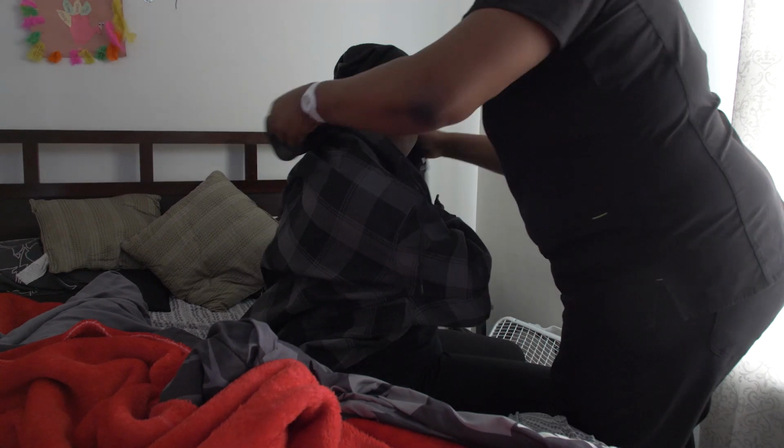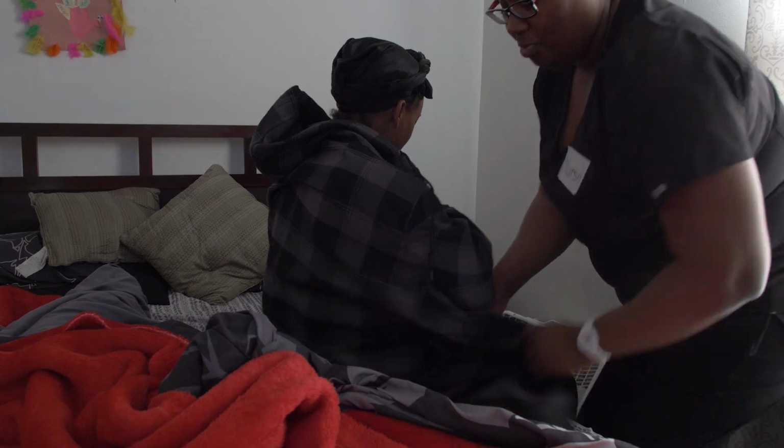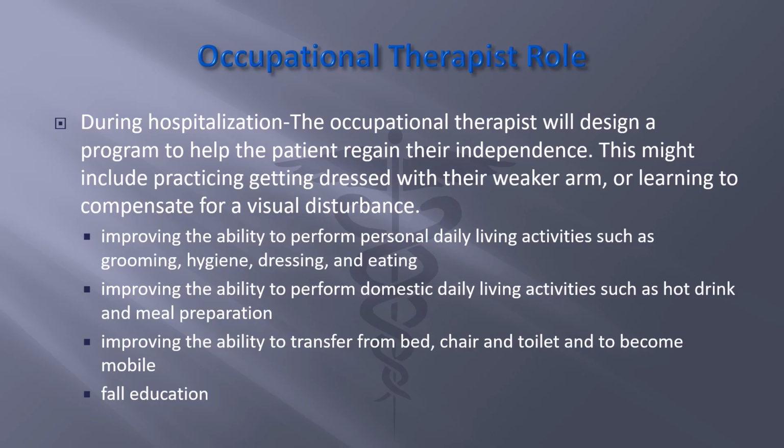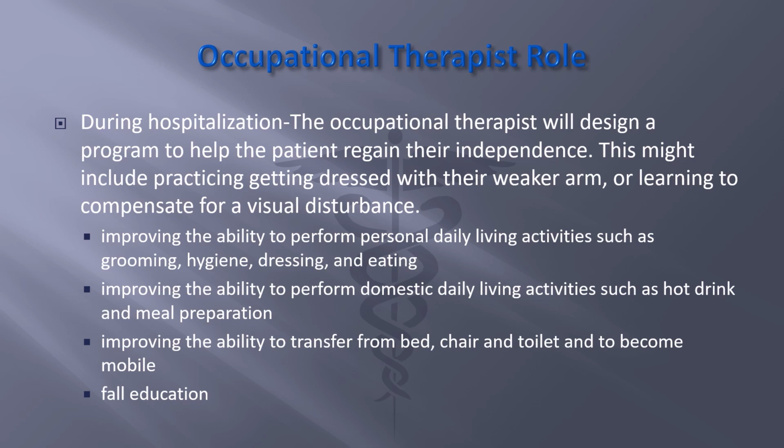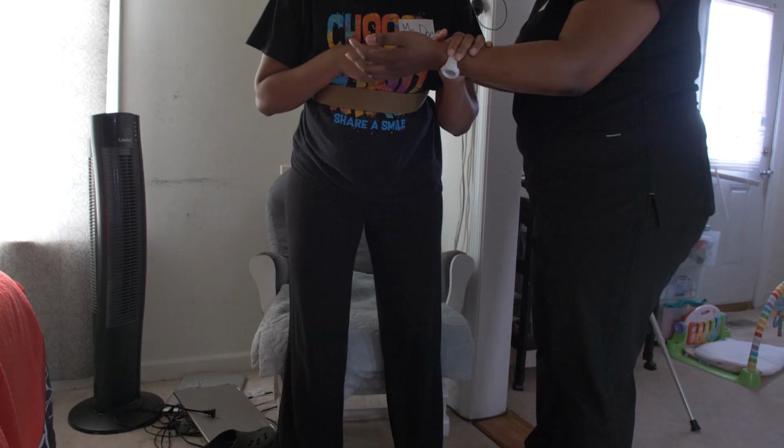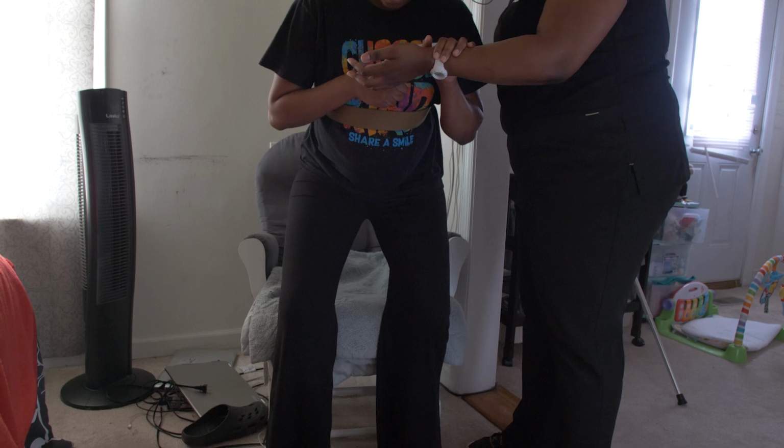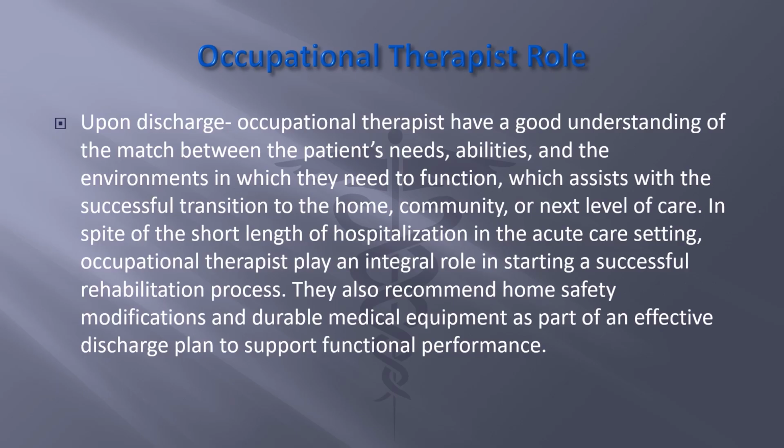Improving the ability to perform personal daily living activities such as grooming, hygiene, dressing, and eating. Improving the ability to perform domestic daily living activities such as hot drink and meal preparation. Improving the ability to transfer from bed, chair, and toilet and to become mobile. Also includes fall education. Upon discharge, occupational therapists have a good understanding of the match between the patient's needs, abilities,